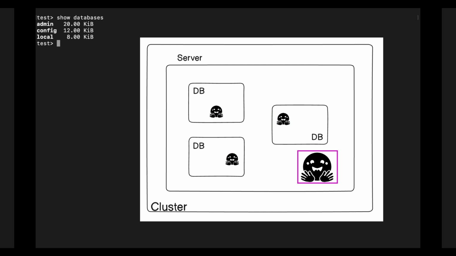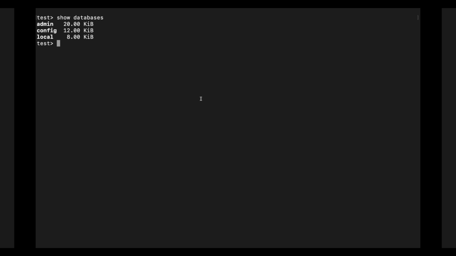Now, let's start with the node level user. This is the most common type for all developers who need access to all the databases on that particular server. So as we know that node or the server can have multiple databases, there is an admin database in every node and the server, and we can create a user in that particular admin database so that we can access any database on that particular server. This admin database is already present in every node or the server. It's not a custom database.